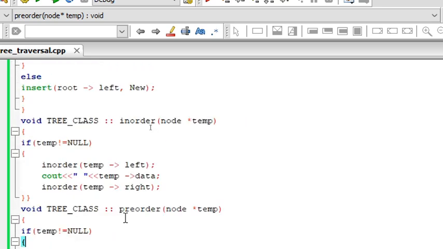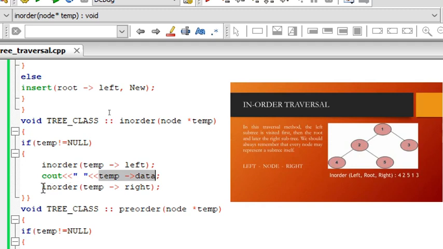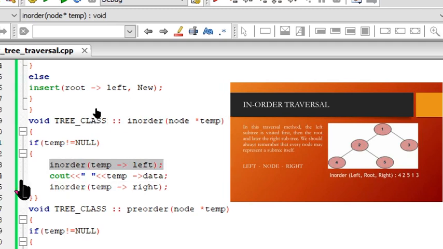Let's check that function. In order, you can see I'm having the node over here. I'm starting from the node, that means I'm starting from the root node or any node that you're mentioning. I have to travel from here in order, and then I have to go for the root, and then I have to go for the right. We know the logic for in order: left means here, and then go for the root or parent over here, and then go for the right. You can see I'm calling the function again and again. The same in order function is called.